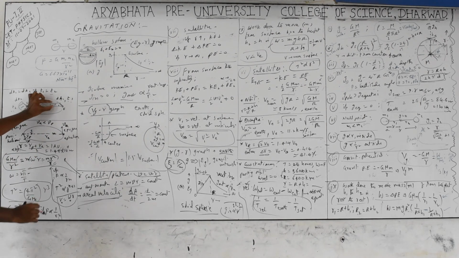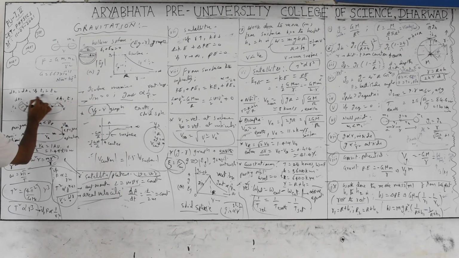But the area covered in the time interval T1 in summer and in winter is equal for any time interval. If T1 equals T2, then dA1, the area covered here, is equal to dA2, the area covered here. Radius is less but arc length is more in this part of the orbit. Here radius is more, arc length is less, but dA1 equals dA2 in the time intervals T1 and T2. The average radius equals RA plus RP by 2, which is equal to 1 astronomical unit. That is the average distance between the sun and the earth.